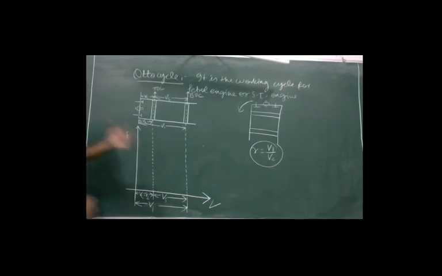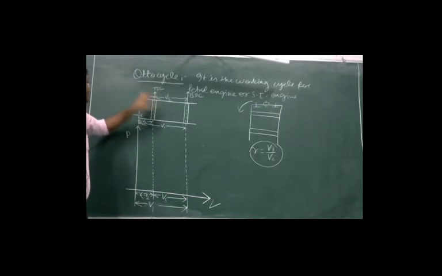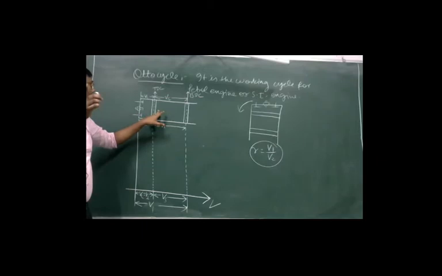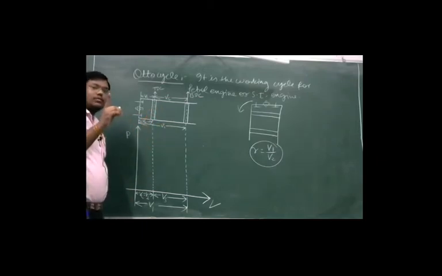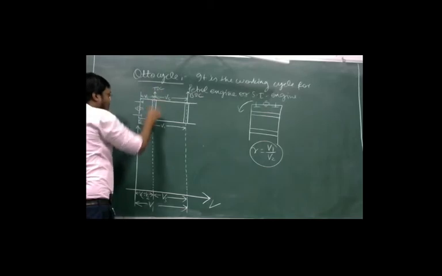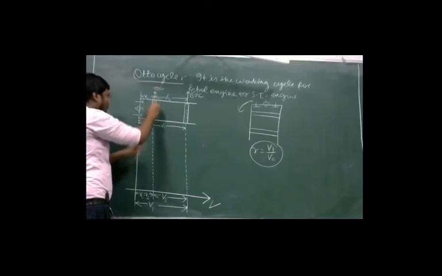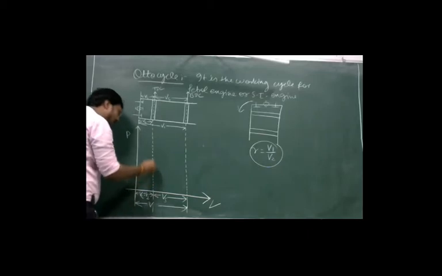Okay, now we will see how we can draw the PV diagram for the Otto cycle using this working cycle. Okay. So how this system works, we have understood in the previous class. So if you remember, what is the first stroke? In the first stroke, the piston will be in the initial position. So in the initial position, piston will be at TDC. In the initial position of the working of this system, the piston will be at TDC. So this is the initial position.